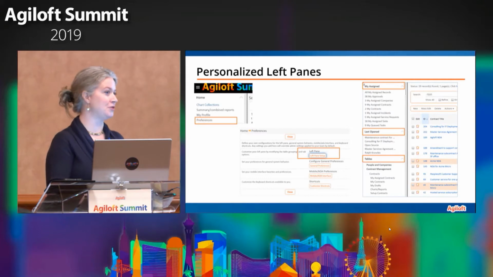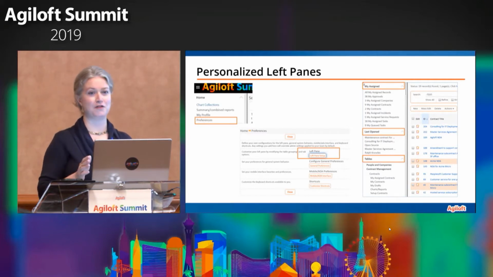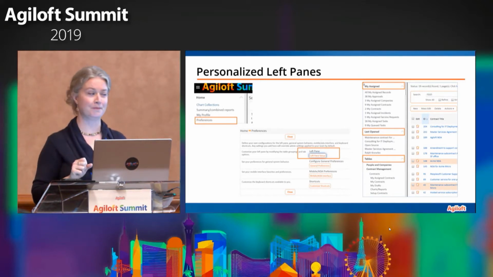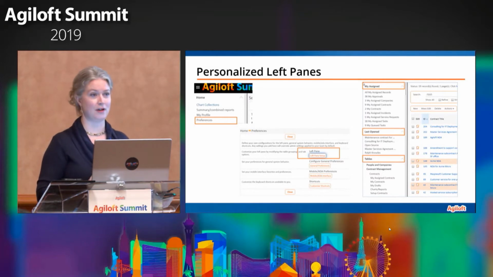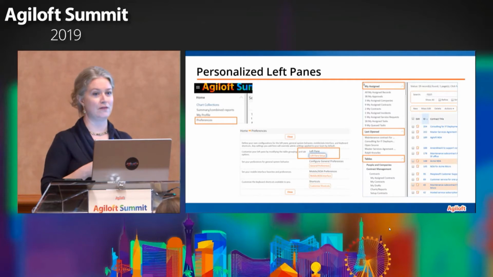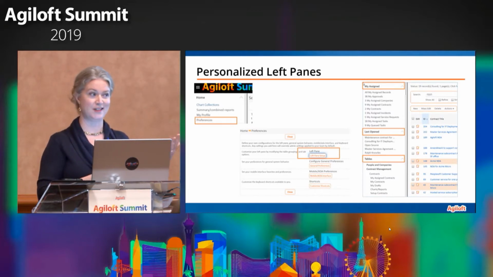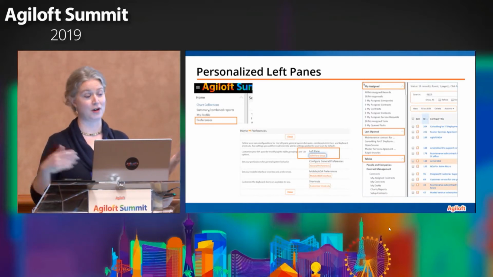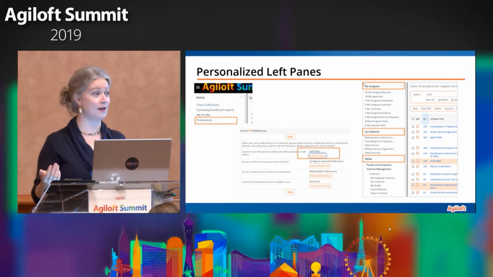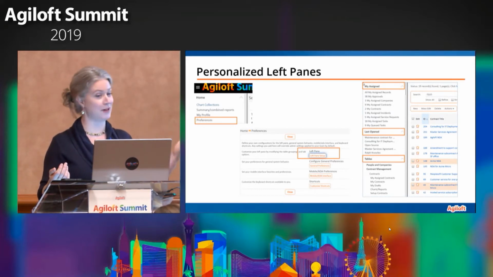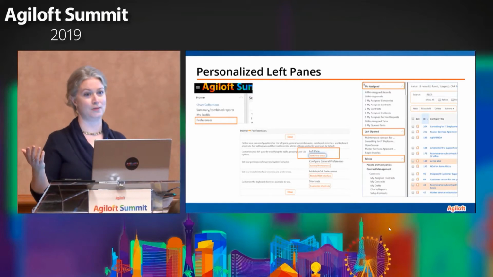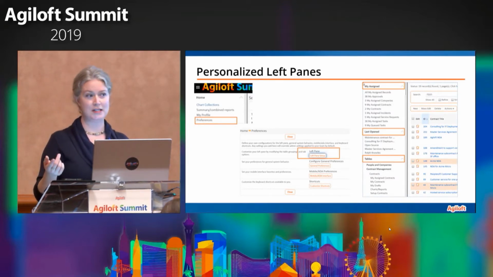Some admins choose to have one default left pane for all users, and then they rely on group permissions to make tables visible when they're supposed to be visible. The other option you have is you can create multiple left panes and apply them to teams. So if you have a clinical trial team that needs to be able to see things in a different way in their left pane from your contract management team, you might decide, I want to have a contract management team left pane, and I want to have a clinical trial team left pane. And so the combination of the team and the group permissions will make the right tables show up in that